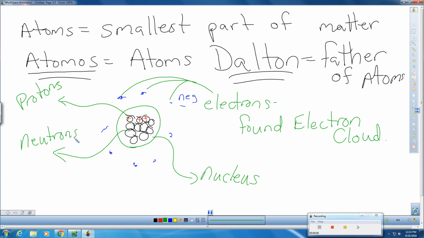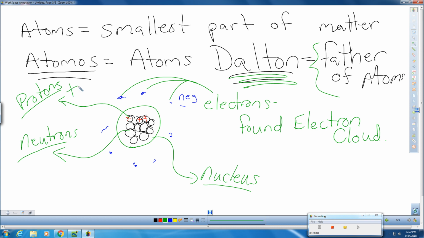So just a recap real quick. We have atoms, which are the smallest part of matter that retain the value. Atoms actually come from the term atomos, which was discovered by ancient philosopher Democritus. Because he didn't have evidence for it, he was never given credit. It wasn't until John Dalton came later on, and he had the evidence that actually proved the existence of atoms. An atom has a nucleus, which is the central part. Inside of the nucleus, we have protons and neutrons. Protons have a positive charge.